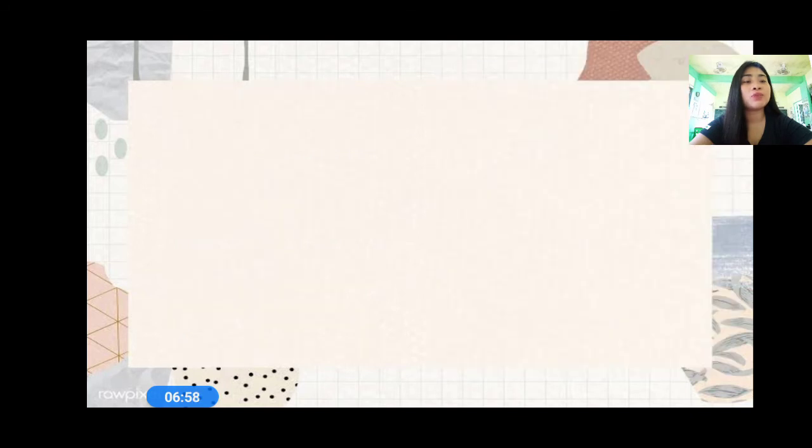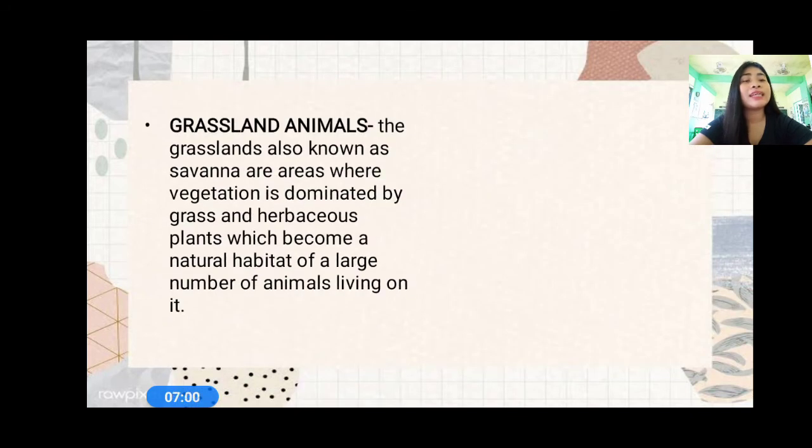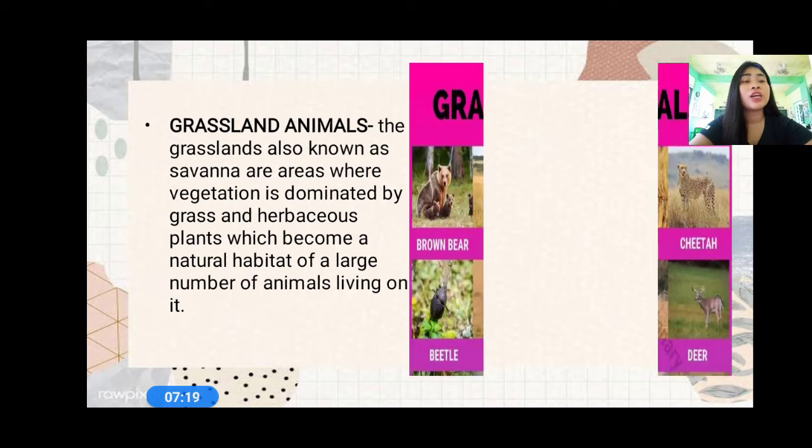And then let's proceed to grassland animals. Now, the grassland, also known as savanna, are areas where vegetation is dominated by grass plants, which become a natural habitat of a large number of animals living on it. So there is vegetation here in grassland. So here are some of the